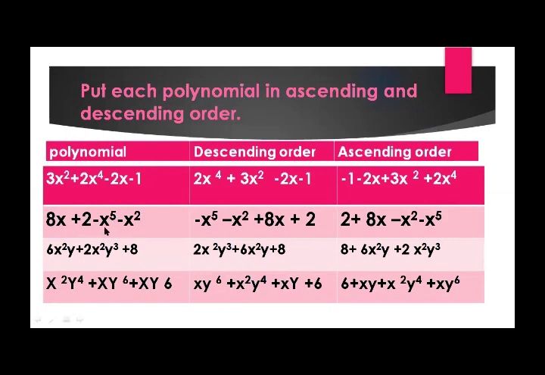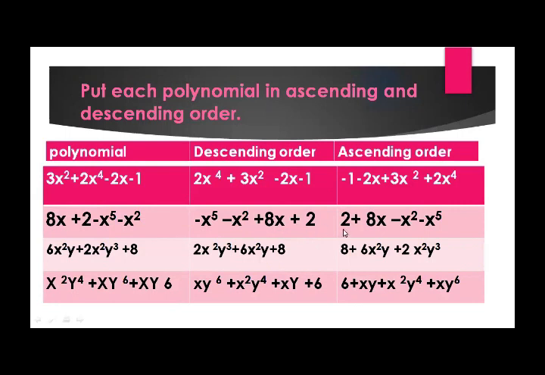In this polynomial, we observe that minus x^5 is the term having the highest exponent. So we will write it in the first position. Then we see x squared is less than x^5, so we write it in second position. Then we observe 8x whose exponent is 1, so we write that one in third position. And at the end, we write the constant which has no exponent. So we arrange our polynomial in this way.